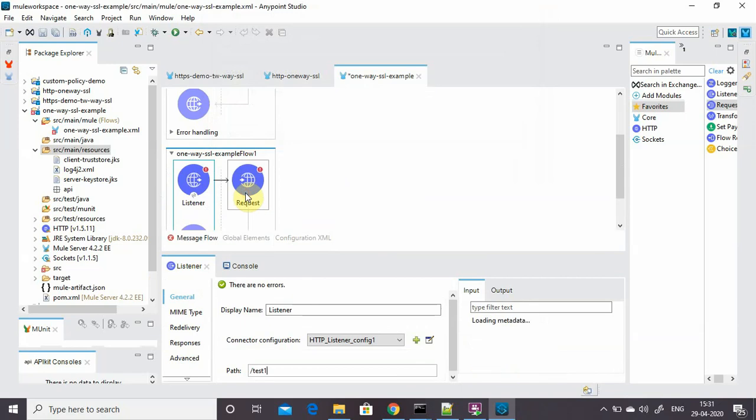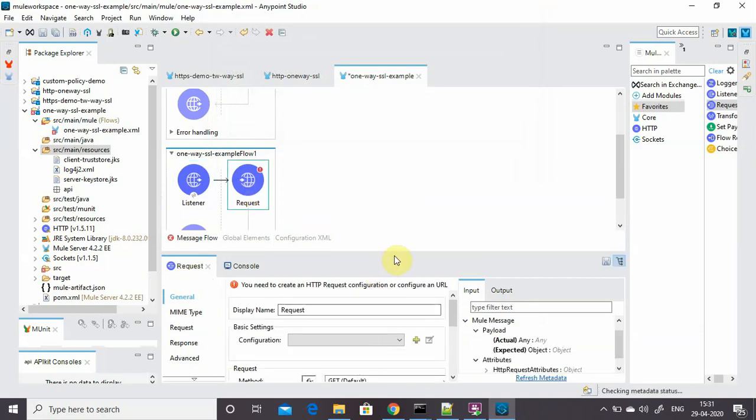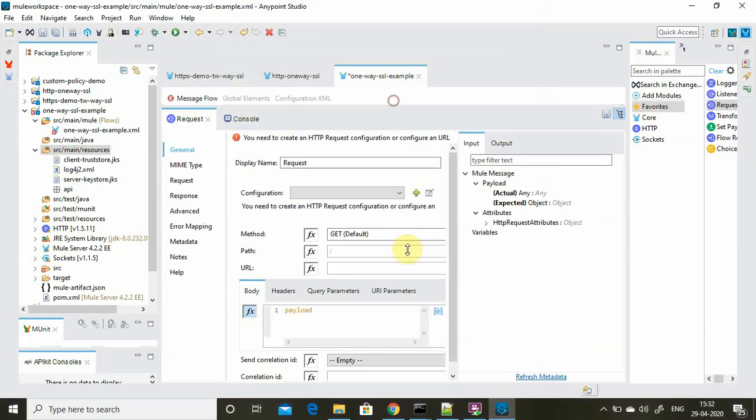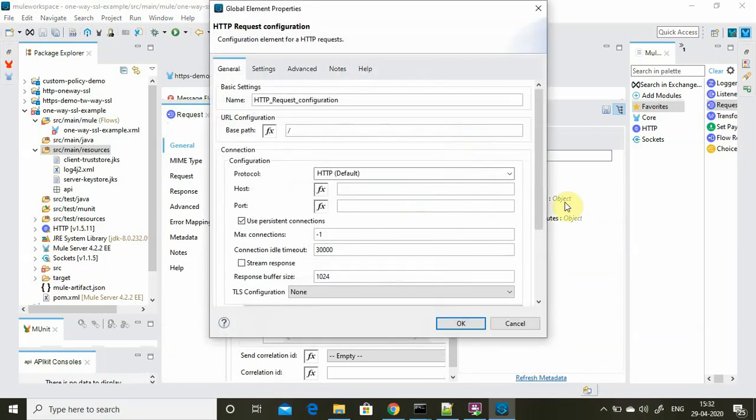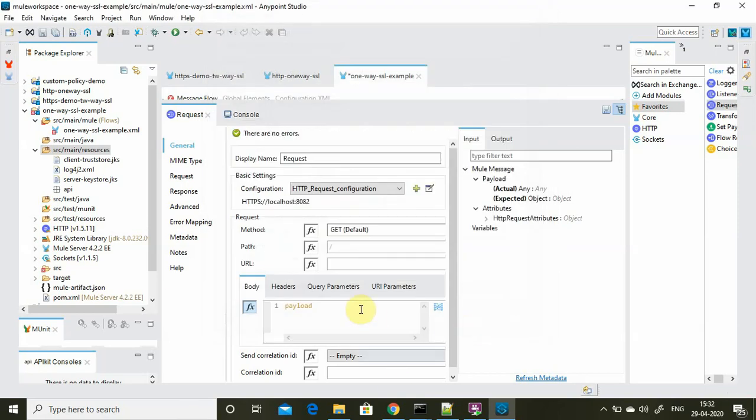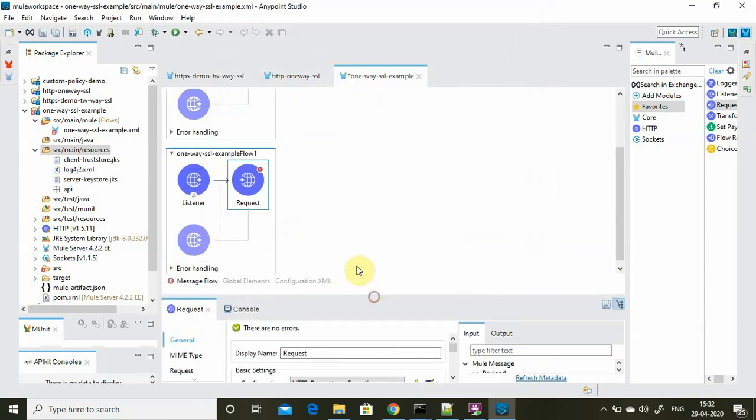Go to the request, click on the plus sign and use HTTPS. The host is localhost and the port is 8082, because our flow is HTTPS localhost port 8082, and the path is /test.